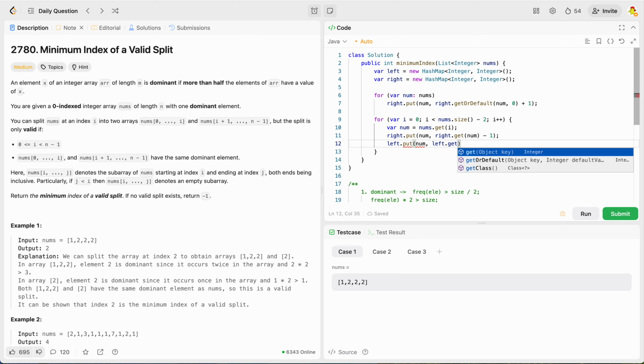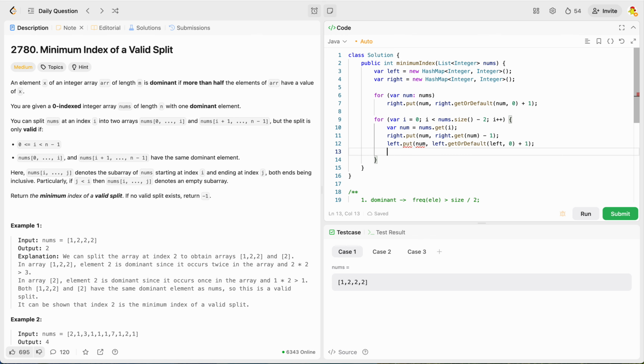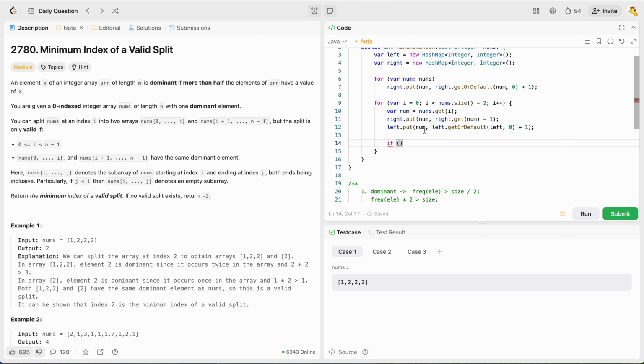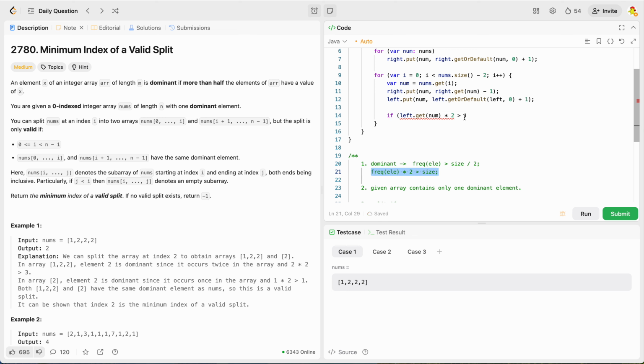If we are inserting for the first time, to handle that we will use get or default. Now since the array contains only one dominant element, we check the frequency of the current element on both sides. So left dot get of num times 2 is greater than the left size,